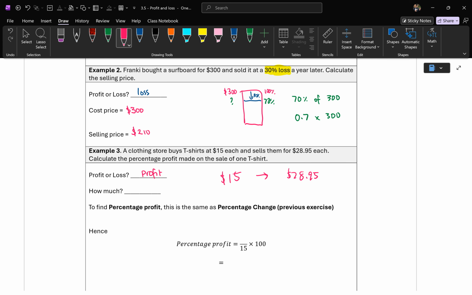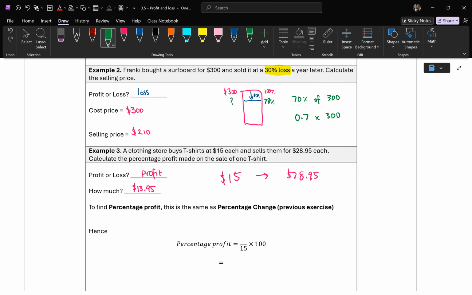$13.95. Yeah, so in terms of value, you bought for 15, you sold for $28.95, then you only made $13.95 profit. That's what I meant by how much. Okay, so how much profit did you make? You made a profit of